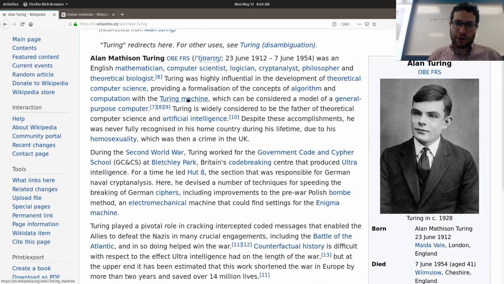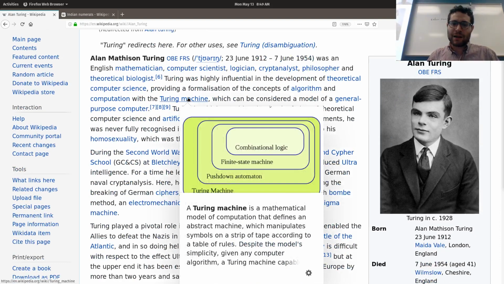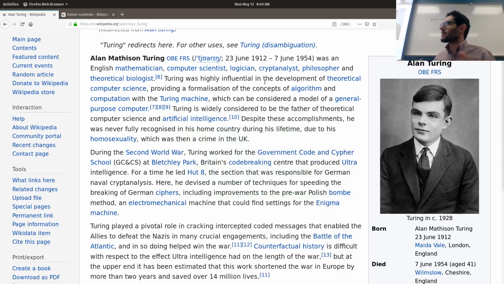So that was the Turing machine, which simply says, imagine this machine that has an infinite band of ticker tape, right? This paper tape with squares in it. And all the machine can do is go left and right along the ticker tape, and it can mark a square, or it can unmark a square. That's all it can do. Oh, and it can read a square as well. It can see what's on the square. So believe it or not, with that being all you can do, that's all we need for a model